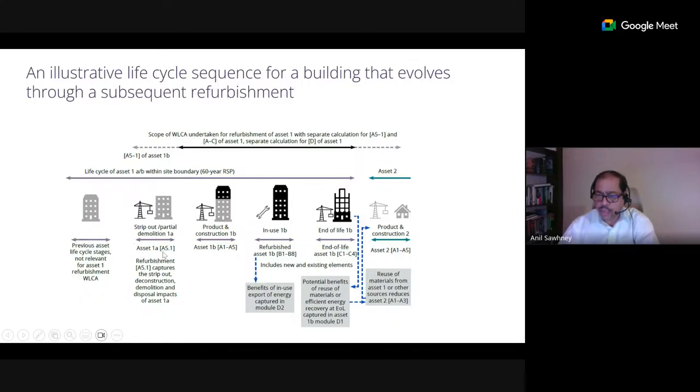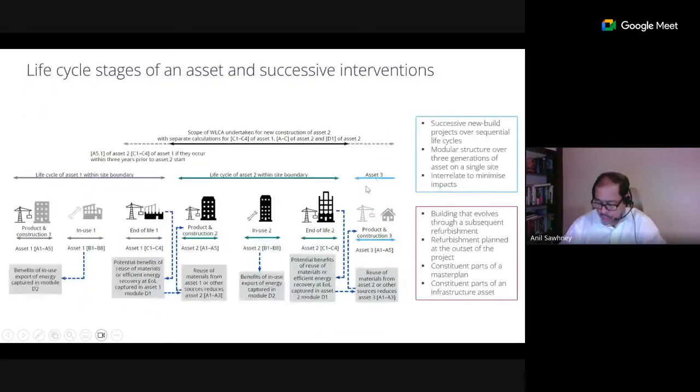Asset 1A has been stripped out, partial demolition has taken place. You can see it here. And then new construction, and your 1B is becoming. So 1B gets constructed here, 1B gets used here, 1B's end of life, which means it's deconstructed, and a new asset 2 is created. So the standard